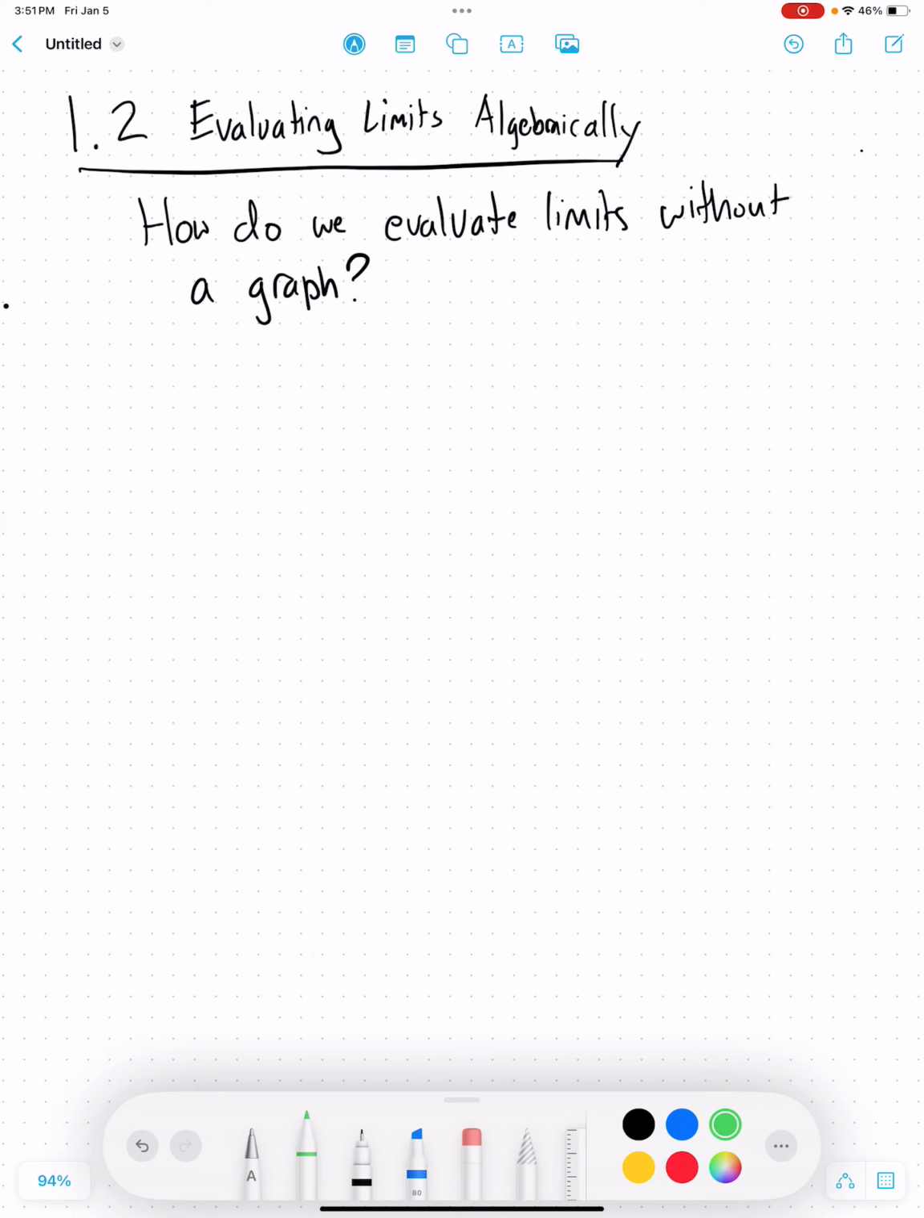Today we're going to be talking about 1.2, which is how do we evaluate limits algebraically? And so really we're going to be answering this question, how do we evaluate limits without using a graph? In our previous video, when we introduced this concept of limits, the simplest way to think about it is to be able to look at a graph and see, okay, where is my y value going as my x approaches a certain x value? What if we don't have a graph? Well,